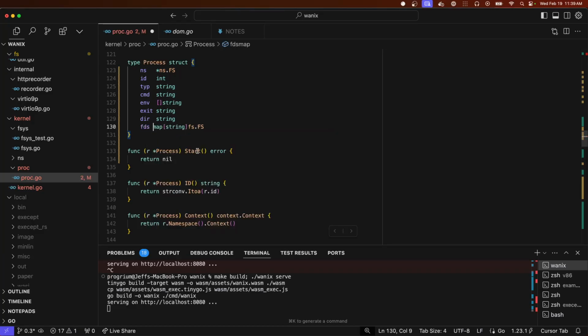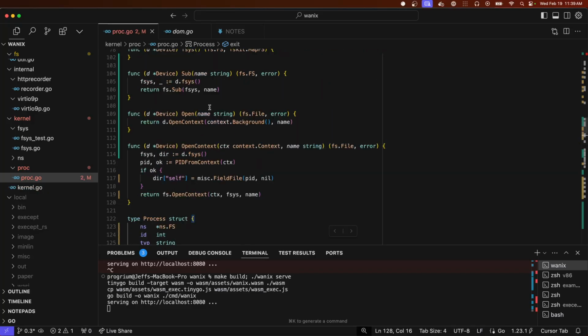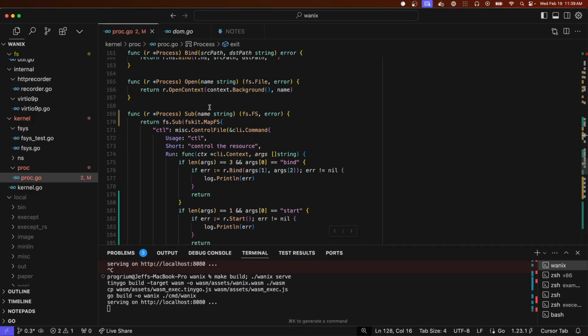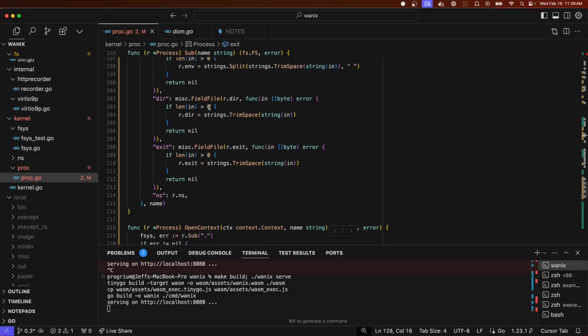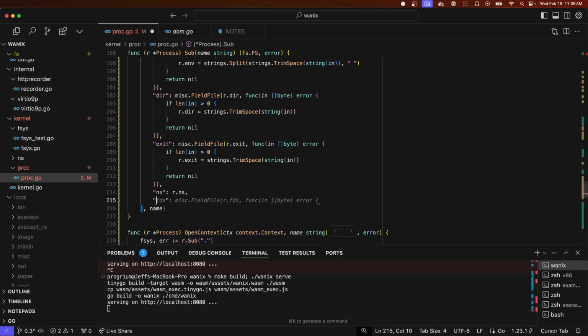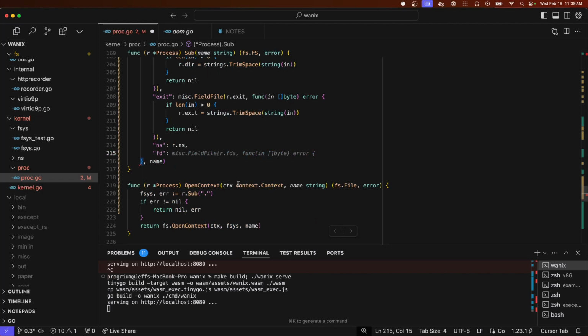File descriptors. And then that makes it easy to do the FD directory,